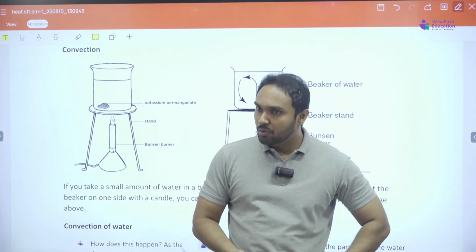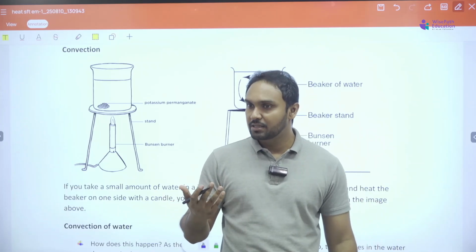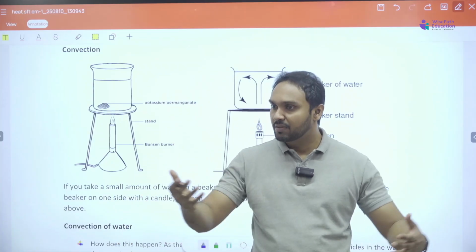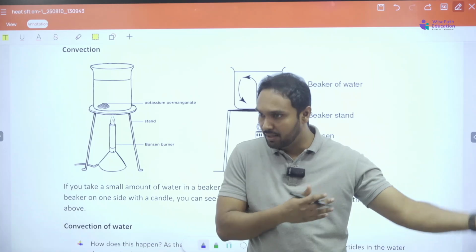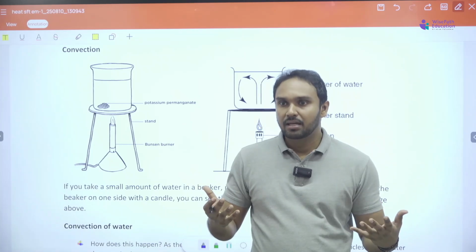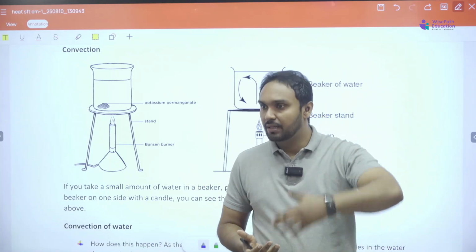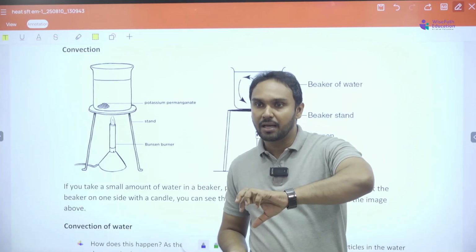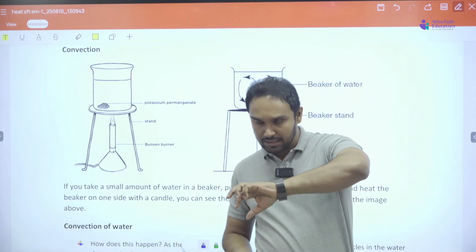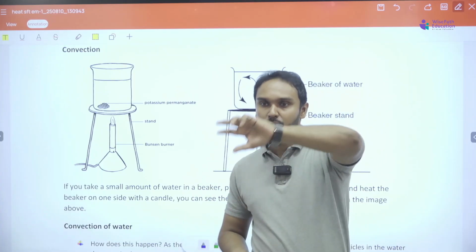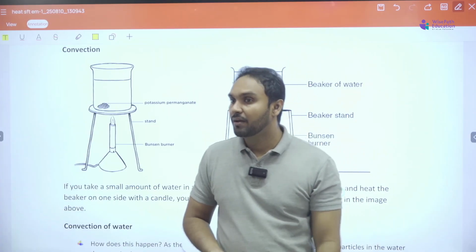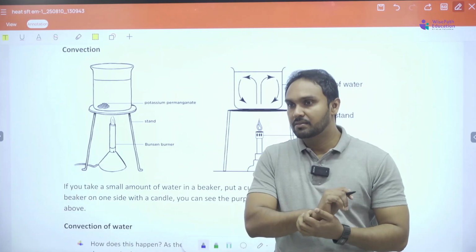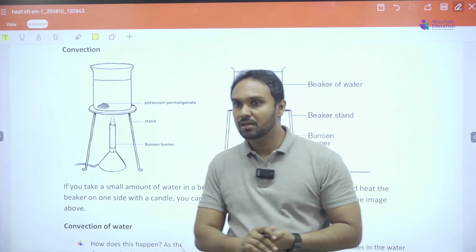So now we know that when the heat is absorbed, what happens? The kinetic energy increases. If it doesn't have any other molecules next to it to transfer it to, what happens? It gets more excited and it moves on in the space, taking the kinetic energy. That movement from absorbing the heat, from one place to another place, is called convection, and many things happen due to convection, right?